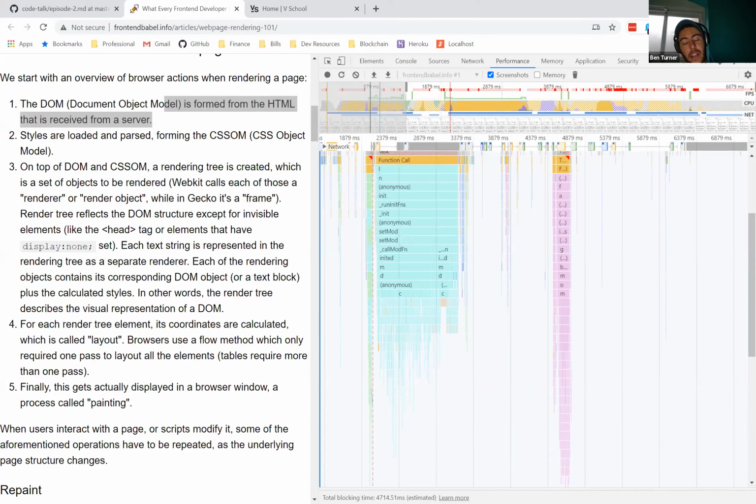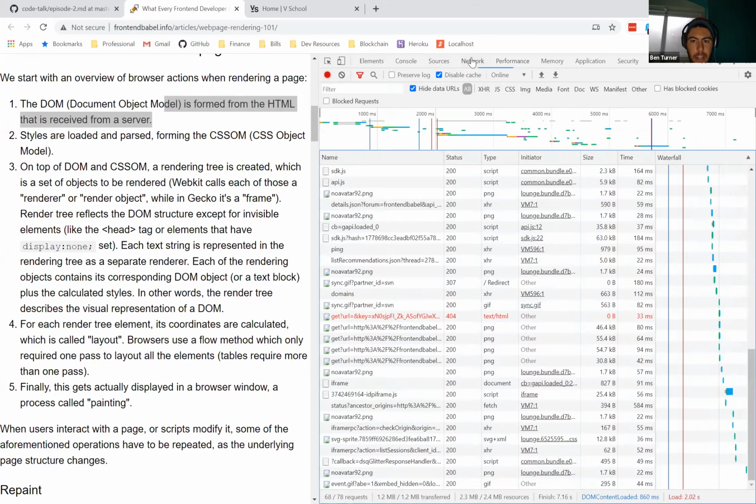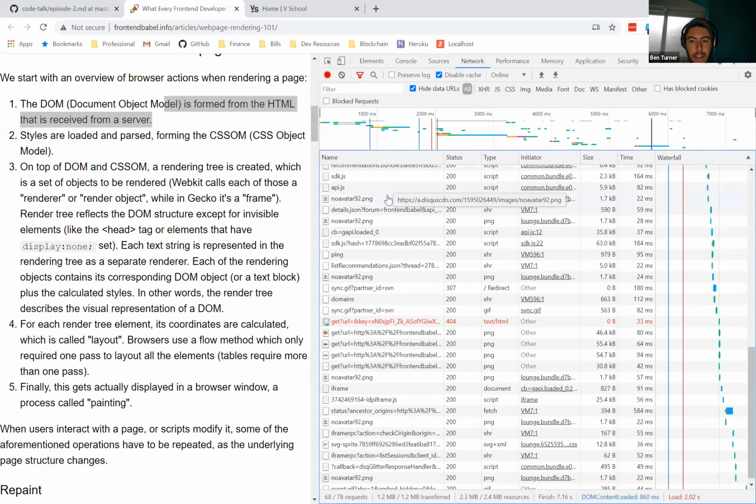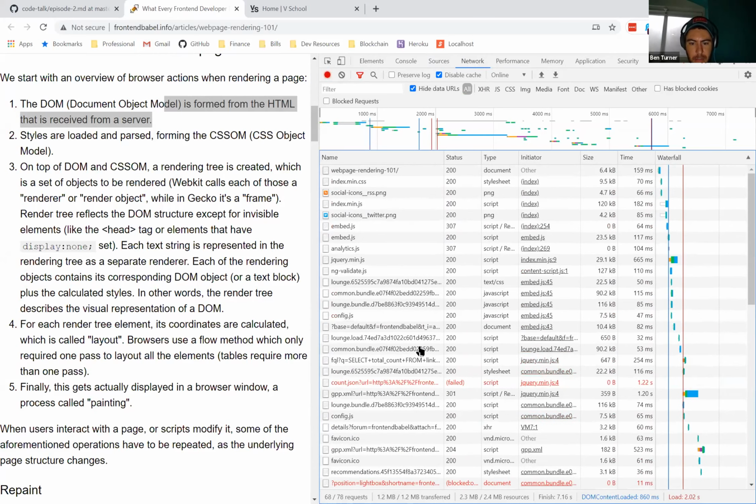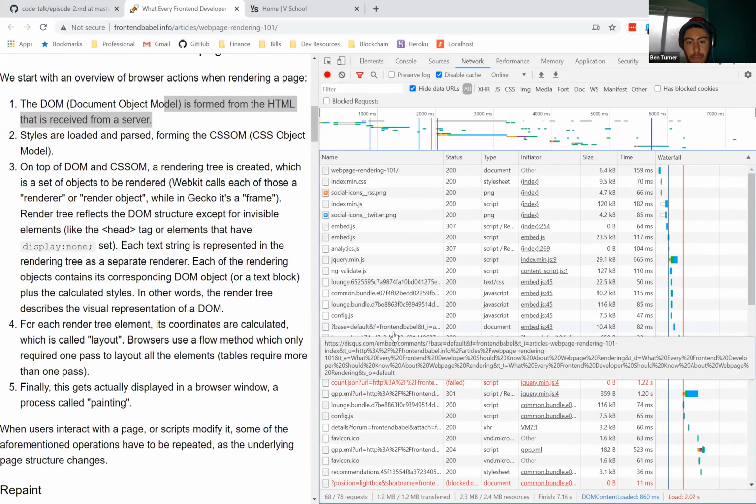So that can be an influencing factor. Another thing that can influence, besides the file size, is the number of files. As you can see, if we look at the network tab, that's a lot of files, maybe 25, actually even more than that. Quite a few.